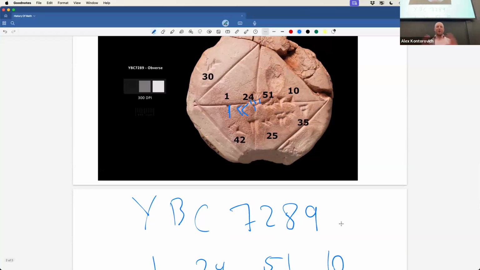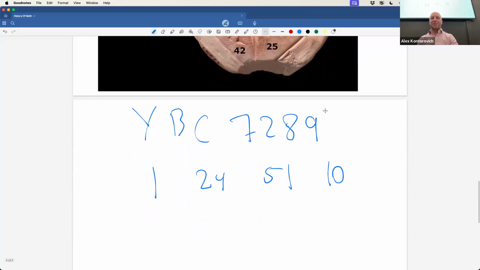Let's forget that we know anything about anything. You're digging in Syria, you find this little rock. You see that, clearly there's something geometrical going on. Someone drew a square and drew a diagonal across that square. And then there's a bunch of markings. And your job is to uncover what is going on here. So let's see if we can make sense of this.